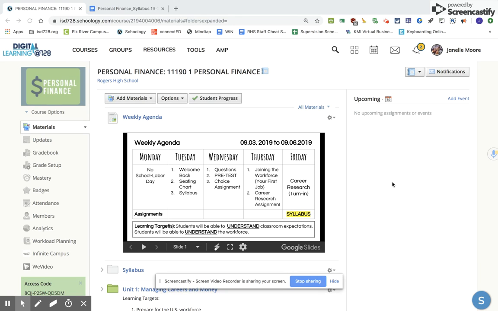The purpose of the screencast is just to give you a pretty good overview of where we're going, kind of where we're at right now. So I'll start with just our Schoology page, explain assignments and what I expect, as well as look at our syllabus. So you'll notice in here, I will always have a weekly agenda that will include daily activities as well as our overarching goal for the week.